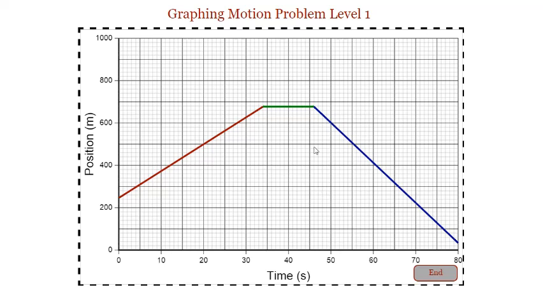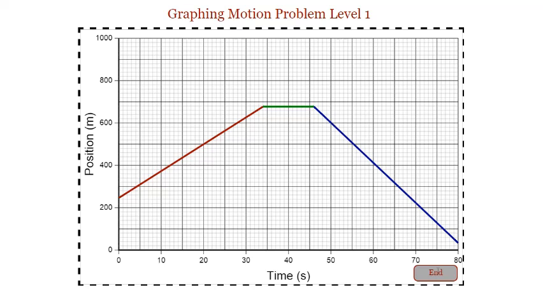Then my time. I started here at about 46 seconds, and I wind up at 80 seconds. So 80 minus 46 is an elapsed time of 34. So I take my displacement, negative 640, divided by my time, 34, and I wind up with negative 18.8. Now I'm going to punch these numbers in and see if it agrees with the calculator here.